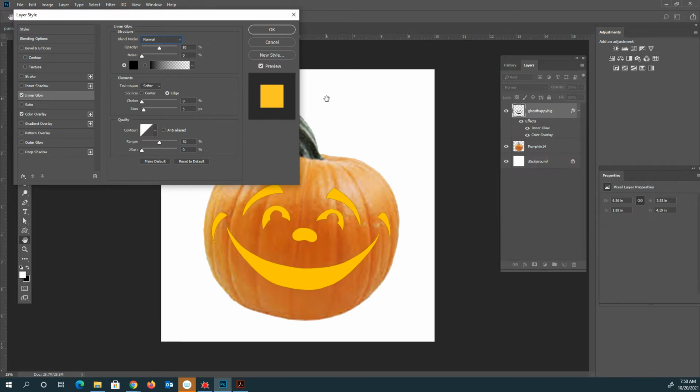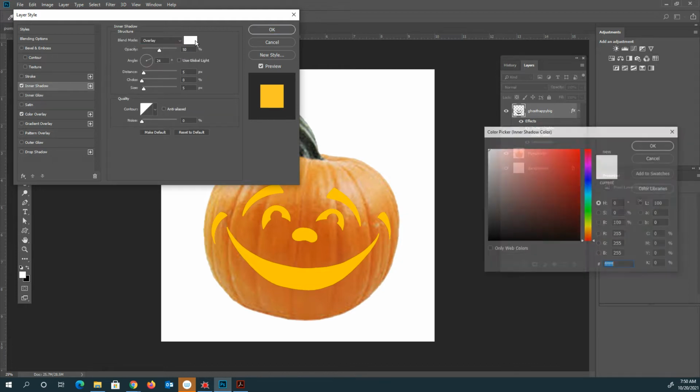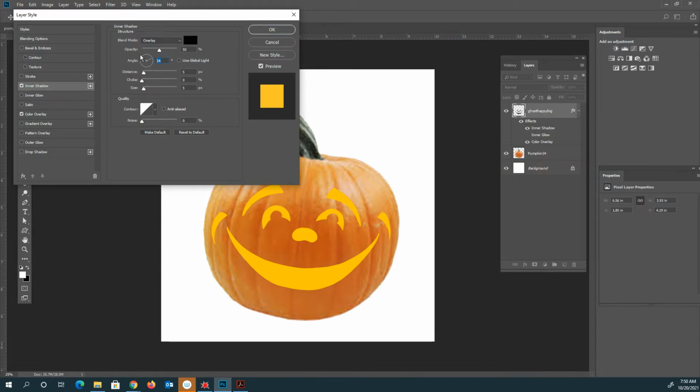Okay. My angle, which is... oh, I clicked inner glow, not inner shadow. Inner shadow. My color is going to be set to black. My angle is going to be set to 30. My opacity will be up to 100%. And then I'm going to leave all of this stuff. We're going to go 0, 0, 8. All right. And then you can always adjust this